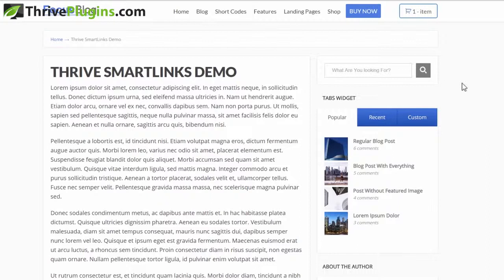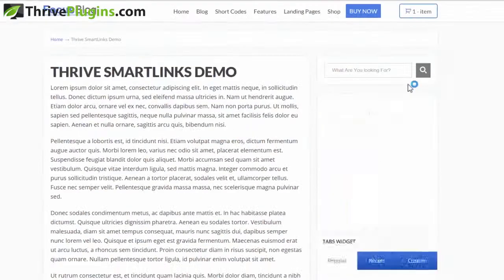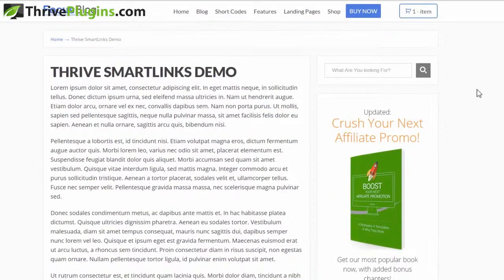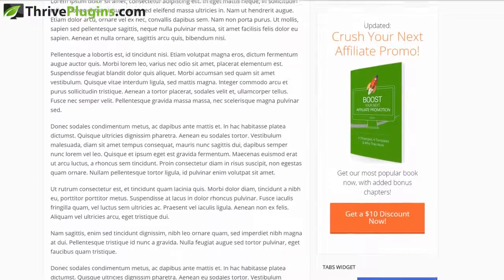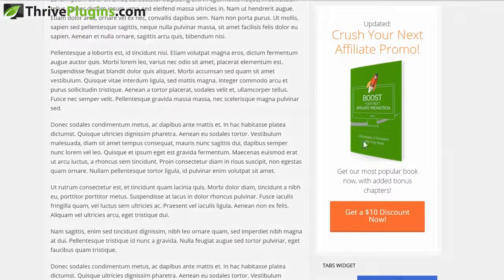This by itself is already really cool, and it's a great way to make your website behave more intelligently when it comes to your existing subscribers. But there is much more than that to Thrive Smart Links. Here's another example of a page setup with a special link. And here again, this is a link you can send to your existing subscribers. And here we can see we've got a different kind of content.